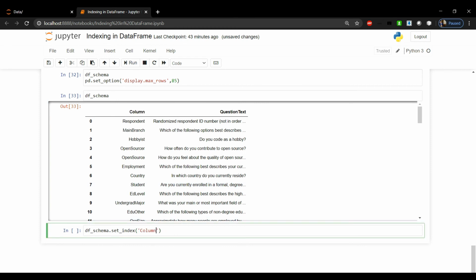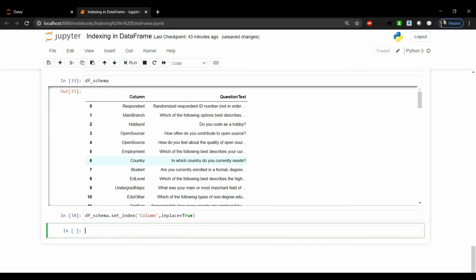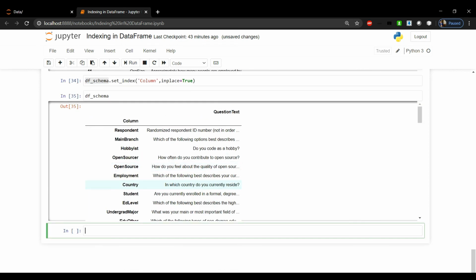And to make the changes inside the data frame too, I need to pass inplace as True in the argument. And let's run this. Now let's print this df_schema. So here I got the column as an index.